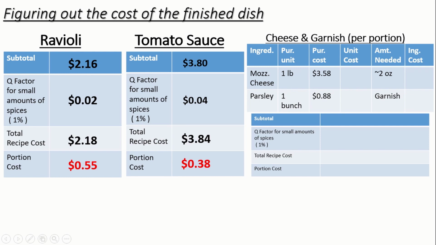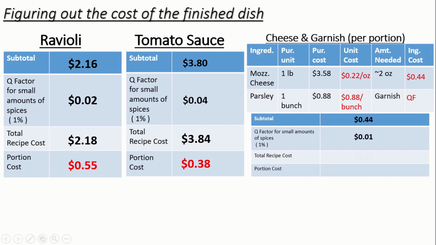So for our mozzarella cheese, we can purchase in a 1-pound block for $3.58. It's 22 cents per ounce, and it costs us 44 cents to serve with 2 ounces of cheese. Now that's pretty generous. It's quite a bit, but again, we're just being generous and pessimistic here for our calculations. And then for our parsley, we'd use so little of it, we can put that as our Q factor. Go through our subtotal,